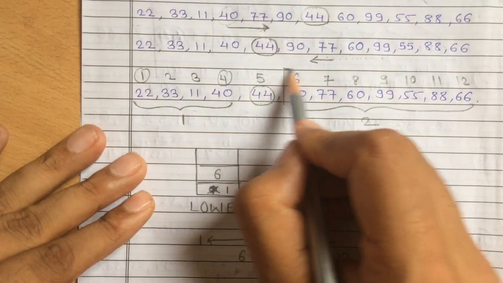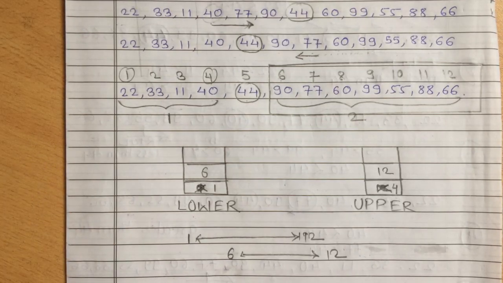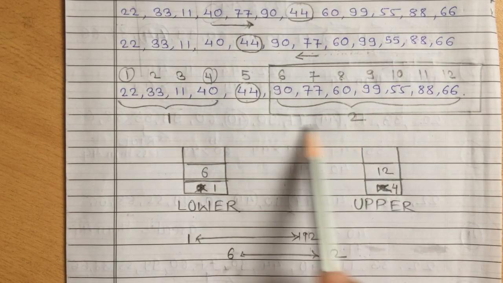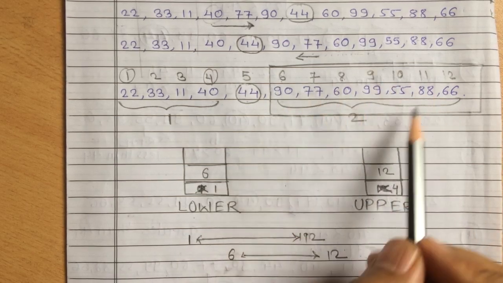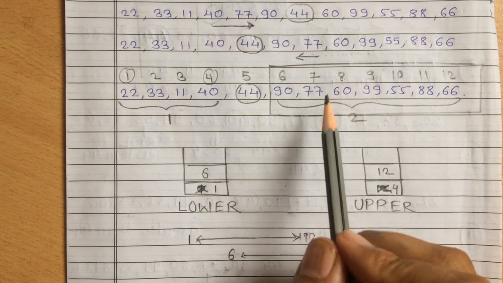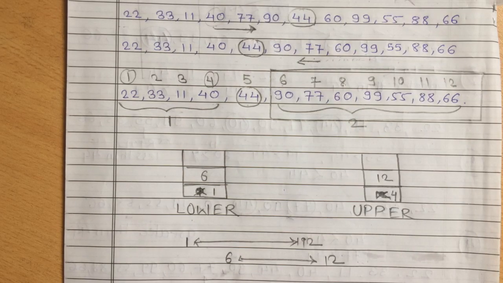So that is, we have this sublist. And now what do we have to do? Again we have to apply the same reduction steps on this sublist. Again we get the final position of 90 after execution of these reduction steps on sublist 2. Then again we get two sublists. Again we are going to push the same onto the stack. Again we'll pop the lower and upper boundaries from the stack, and again the same process will keep repeating. Right, I hope you understand this.